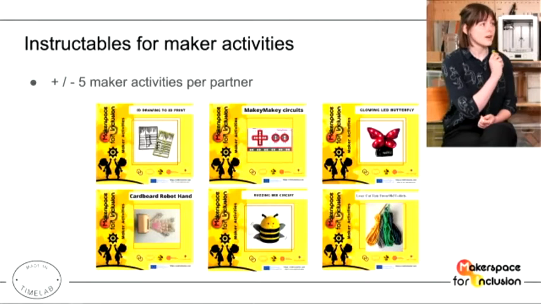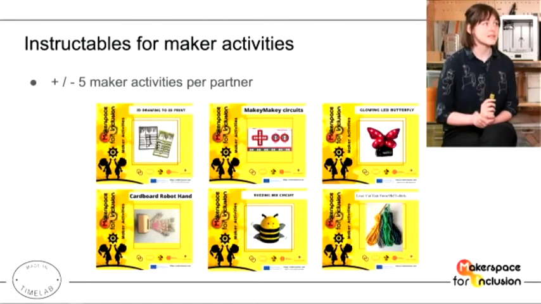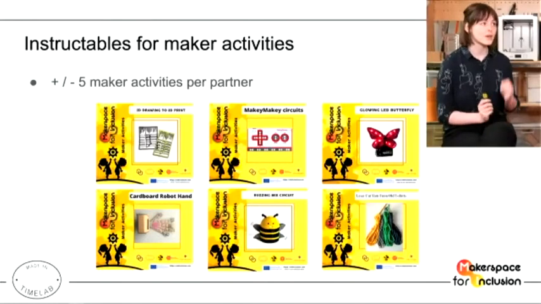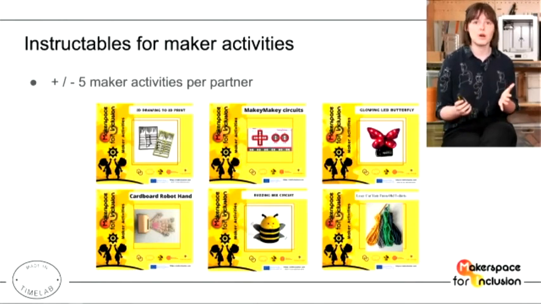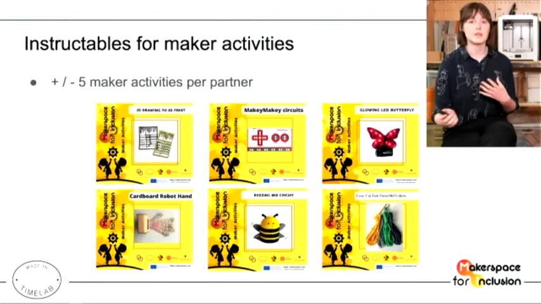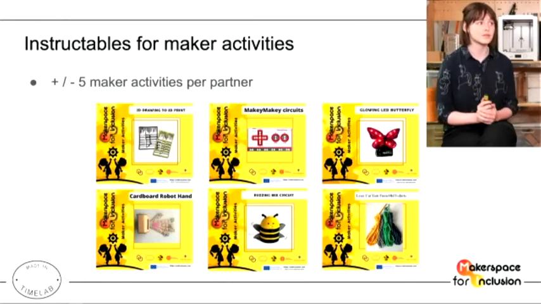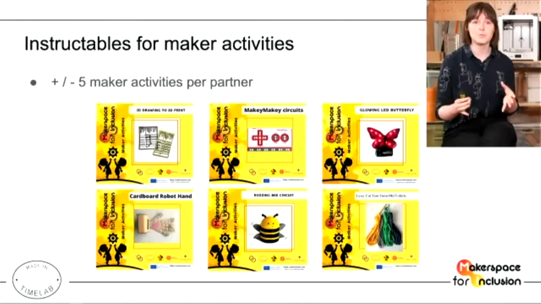What I want to explain further is that each partner made 5 maker activities. Why did we do this? We really wanted to share our expertise with different workshops with the world, and really wanted to include it in the project. Because it's one thing to learn how to use, for example, a machine like a 3D printer or a vinyl cutter, but it's something completely else to have a workshop step by step with a frame around it